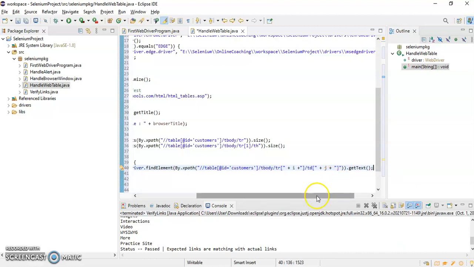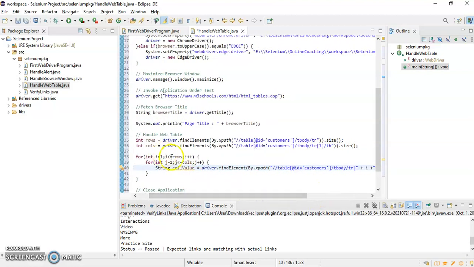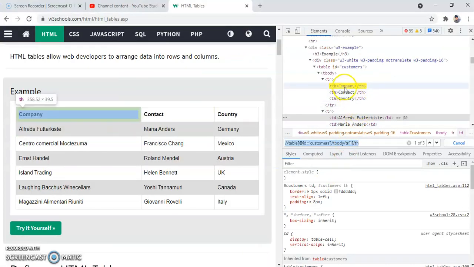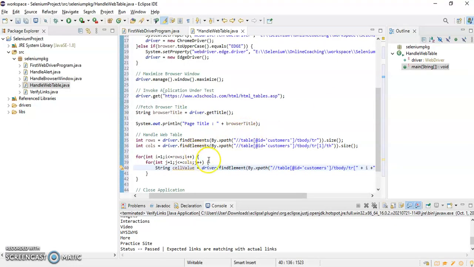Okay, but if you see, if the row value is 1, we have to fetch the text from the th tag. We have to fetch the value from the th tag, but from row 2 onwards we have to fetch the value from the td tag. So here again we have to put one condition.